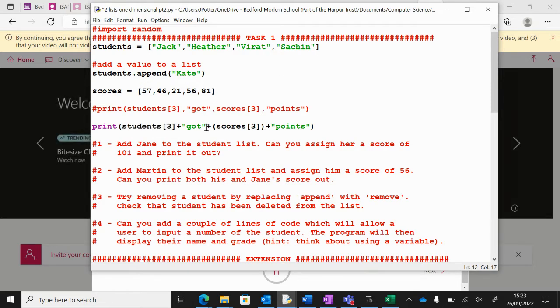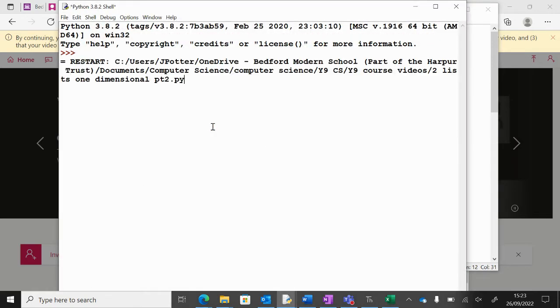When we use the plus sign, the program will think that we want to add a string to an integer, which can't work. We can't add a number to a letter. So if we run that, we're going to get an error.